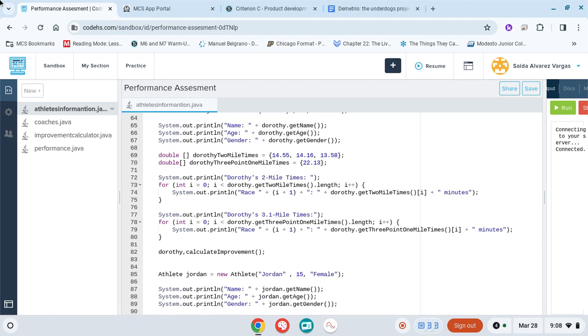And then after that we add in the information, like her times, the times she's gotten over the year she has run. She ran for 1 year, so she has a few times for her 2-mile, and she only has one time for her 3.1 or 5K time. So we established that, and then we had the system print out, when called upon,